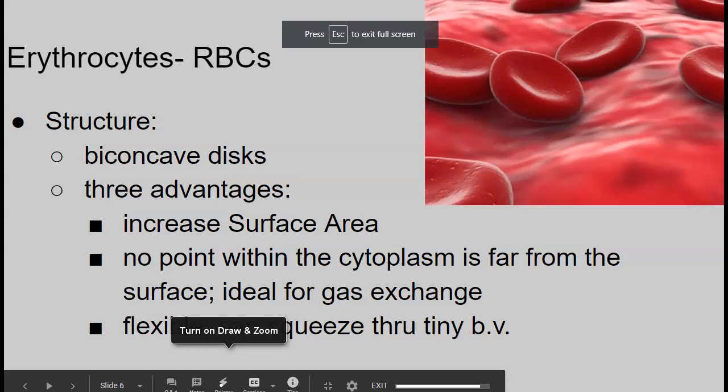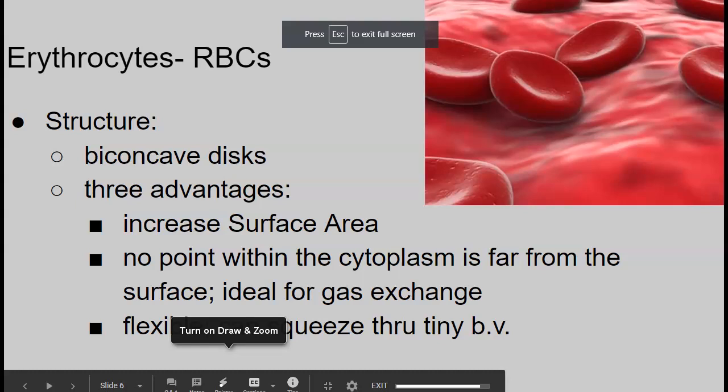Okay, so let's talk a little more about blood. In the last clip, we talked about the function of blood. We talked a little bit about the components of blood in terms of the fact that there's a liquid matrix in the form of plasma, and then it's connective tissue, so it's cells in a matrix, right? So the matrix is that liquid plasma, and then the cells are going to be really the three types of